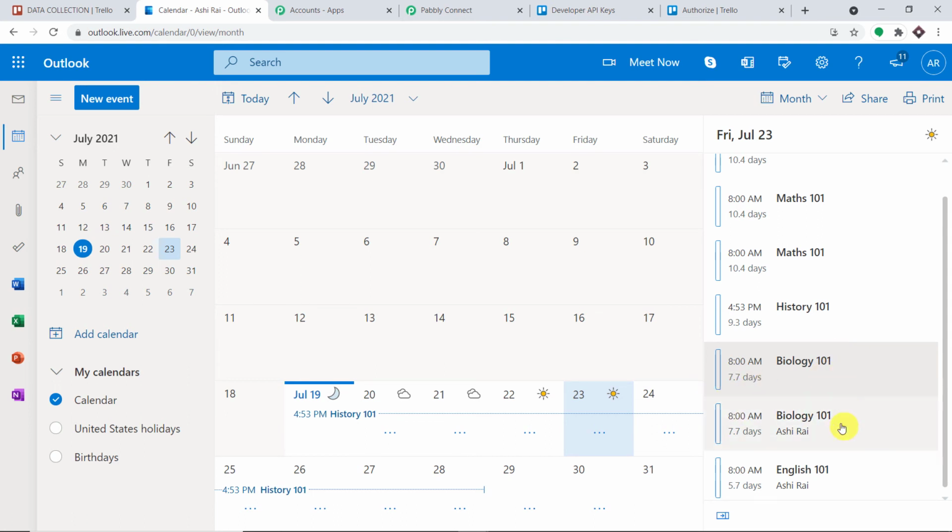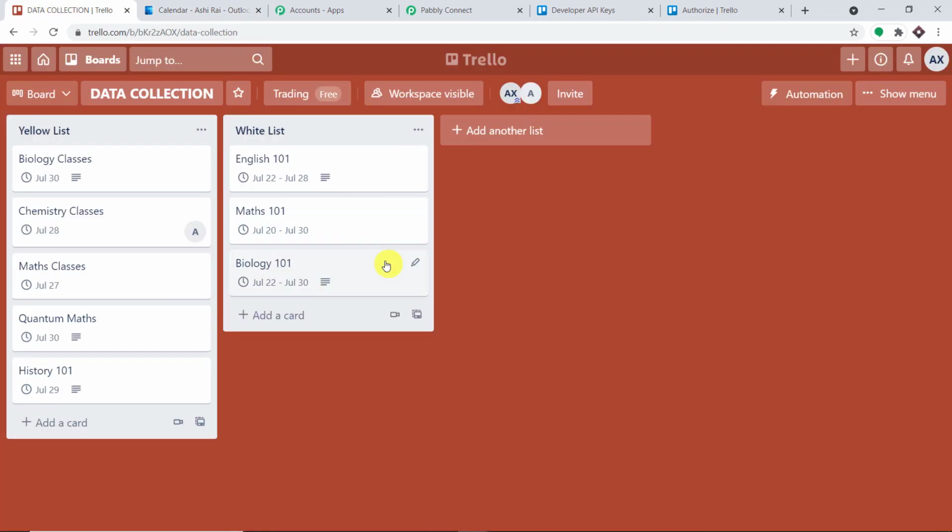But unfortunately we have 2 times the event for a single day. So this is again wrong, okay, because we are creating 2 events at the same time. So we only want 1 event. So the problem here is once the card is getting created in Trello, it is also getting updated. So we want only that data when a card is created, not for the updated one.